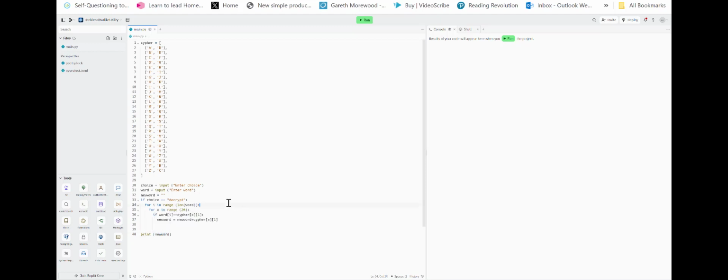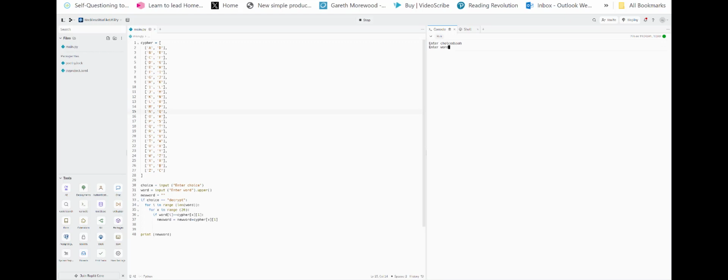So let me just show you what this does in action. Before I do anything else though, I need to make sure that the word is going to be in uppercase, because these are all in uppercase, all these letters. So if I was to do this, dog, but it's not going to be dog, it's going to be an encryption. So my encryption is going to be D, S, S, O,